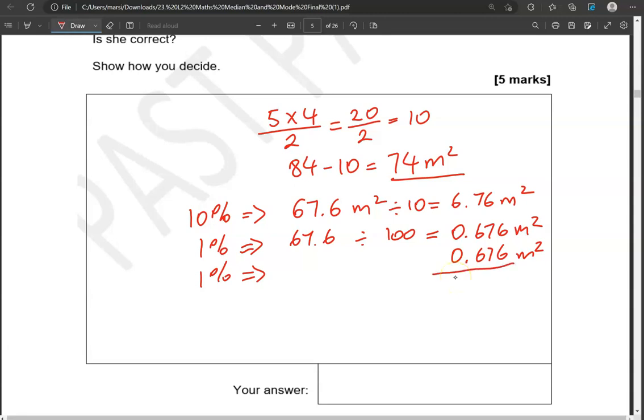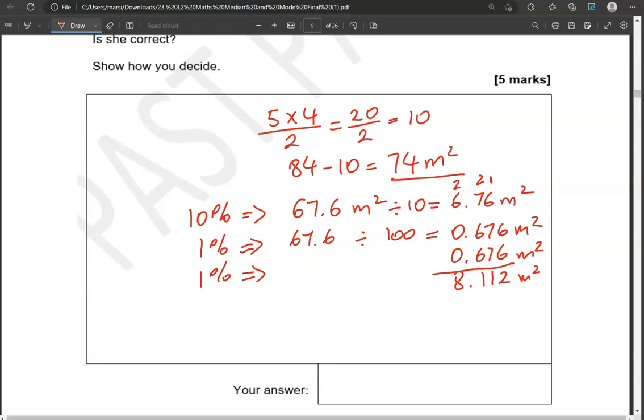Six and 6 is 12, so 2 down and 1 carried over. 7 and 7 is 14, and the 6 that is 20, and the 1 that is 21. So 1 down and 2 carried over. 6 and 6 is 12, and the 7 that is 19, and the 2 that is 21. 1 down and 2 carried over. 6 and 2 is 8. So